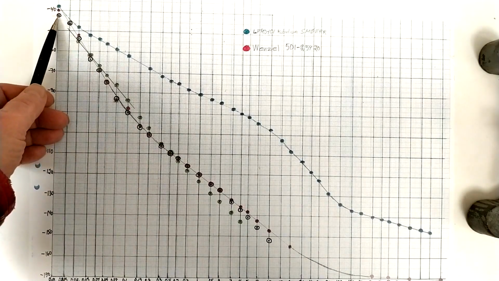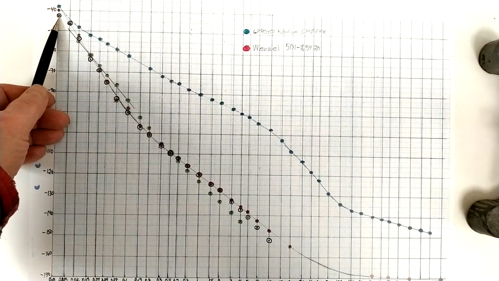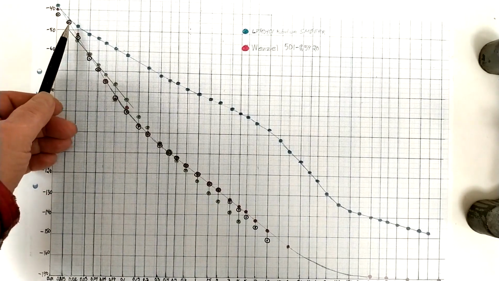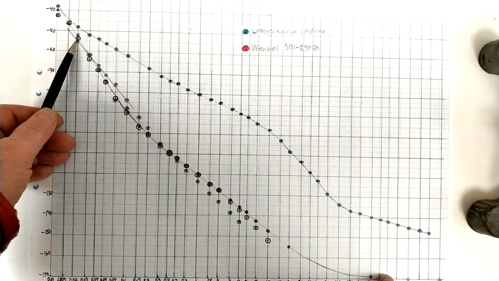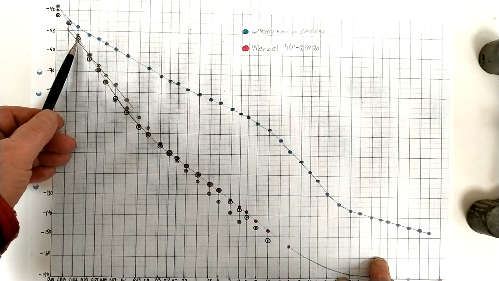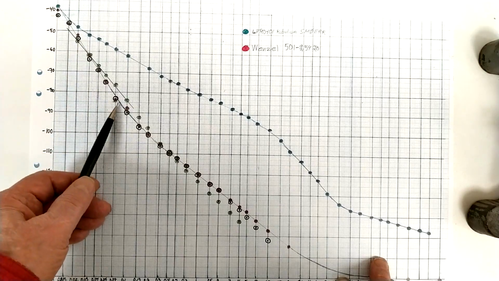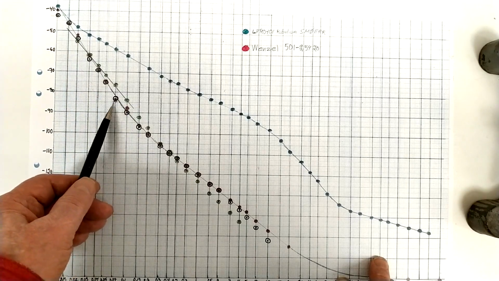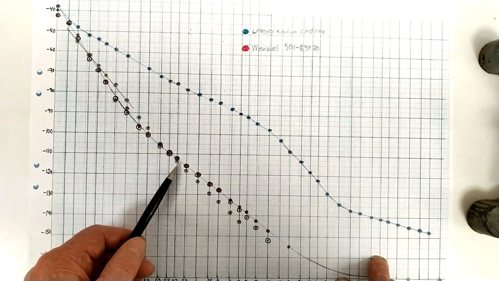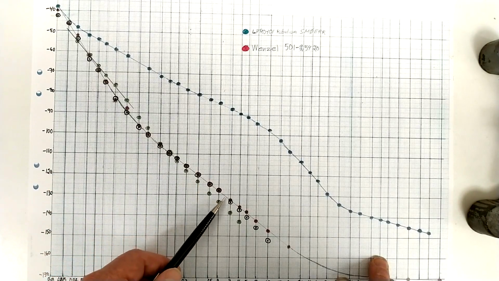The black circles with the dots, these are the new measurements I made, and these look a little bit peculiar, but when the statistics becomes better at higher offsets from the carrier, the new data points follow the Wenzel very closely. It seems this Wenzel and that Wenzel were a little bit off,